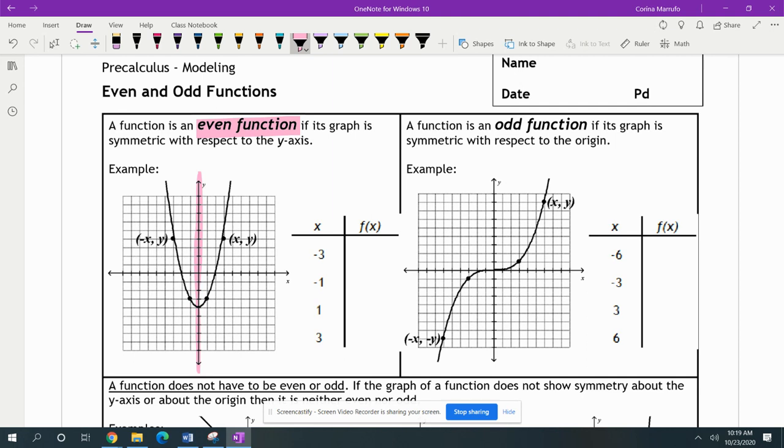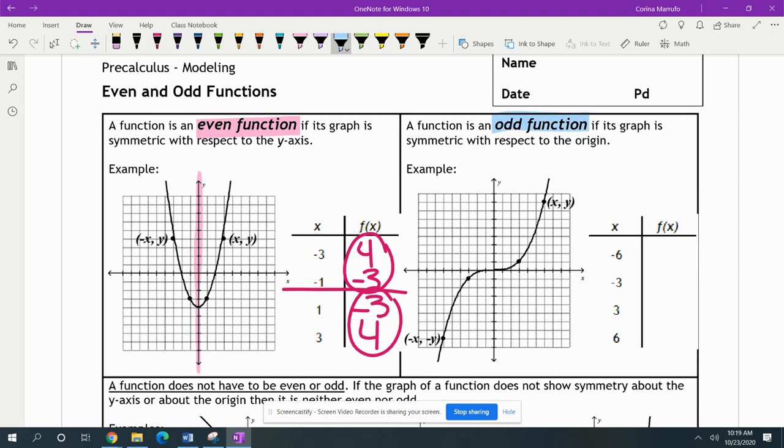function. Okay, so if we get the points here, -3 goes with 1, 2, 3, 4. -3 goes with 4. -1 goes with -3. 1 goes with -3. And then 3 goes with 4. Okay, so if you notice, this is where it cuts into half, and these numbers, you can show the symmetry based off of here. Okay, now a function is odd